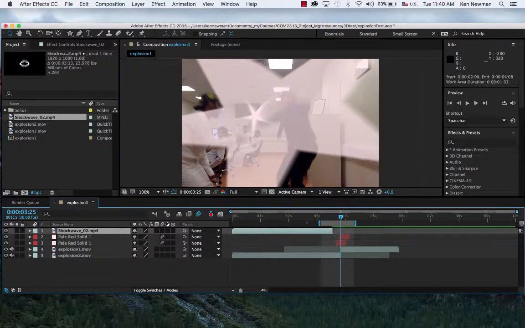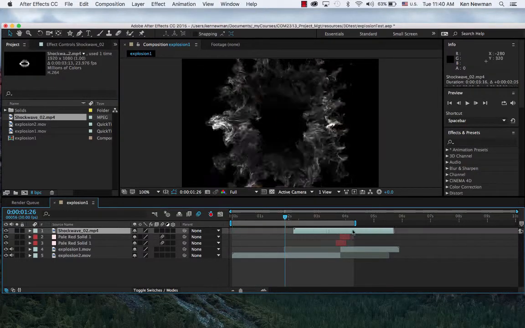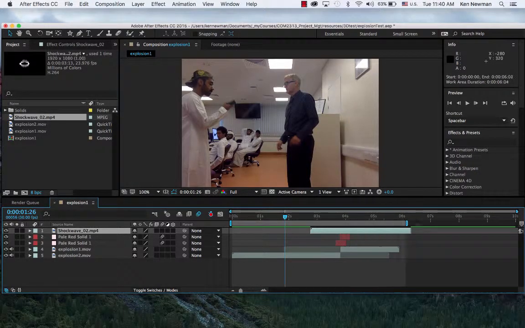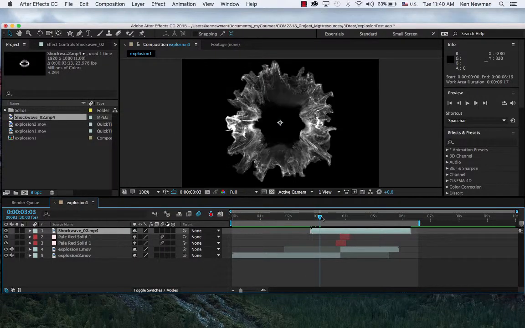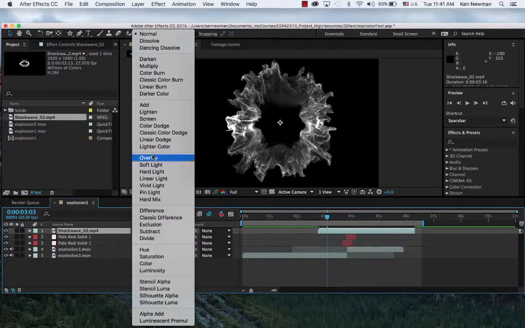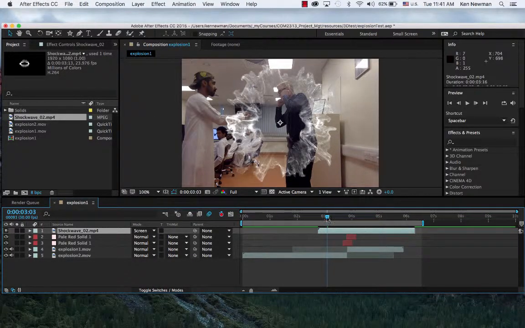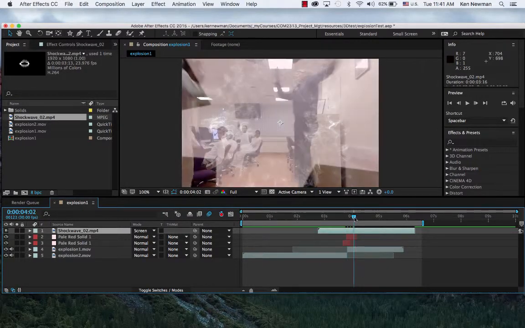So what does it look like? It looks like this. Now obviously we don't want it black on white, so what we do is to set the blend mode. If we go down to the toggle switches and modes, we can go from the default normal to, well, it could be overlay. We found that was useful for our tattoo exercise, but I think for this kind of exercise, screen works the best. So now we see the explosion smoke happening